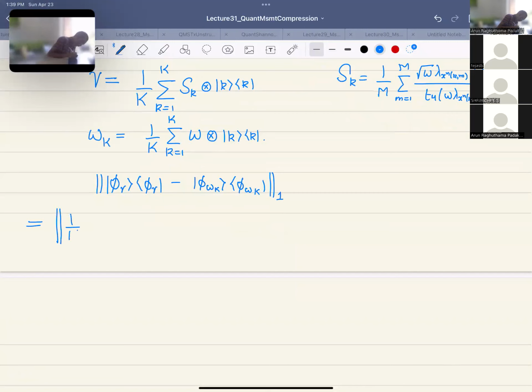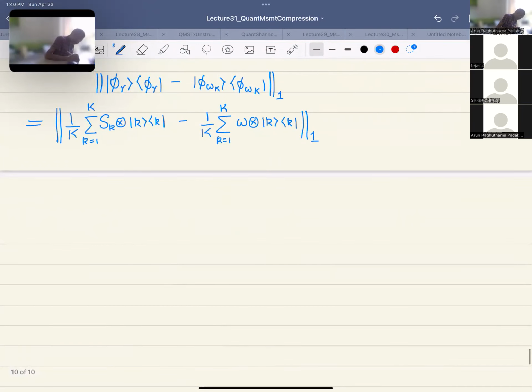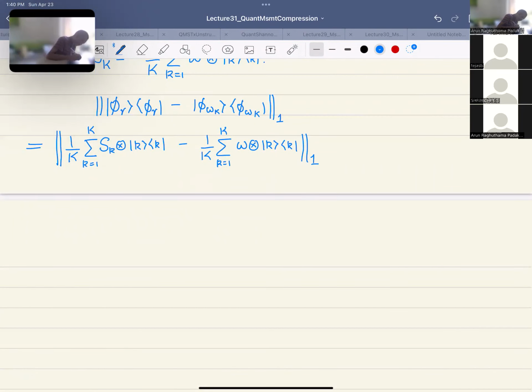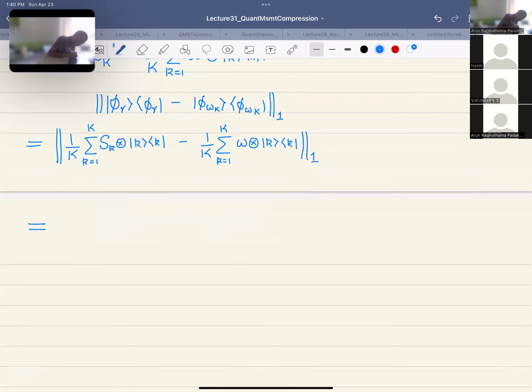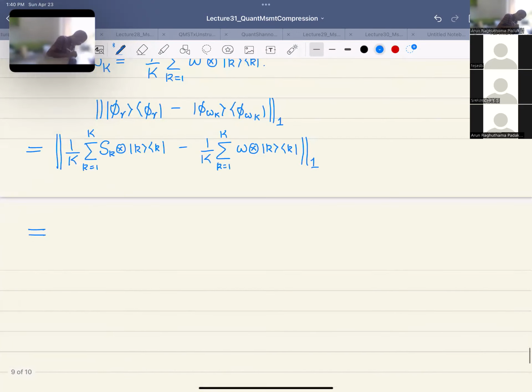So 1 by k, k equal to 1 through k, sk tensor kk, minus 1 by k, k equal to 1 through k, omega tensor kk. This is clearly, I mean, you can actually see it. It's actually equal to, okay, so let me do this. I mean, can I say this is less than equal to